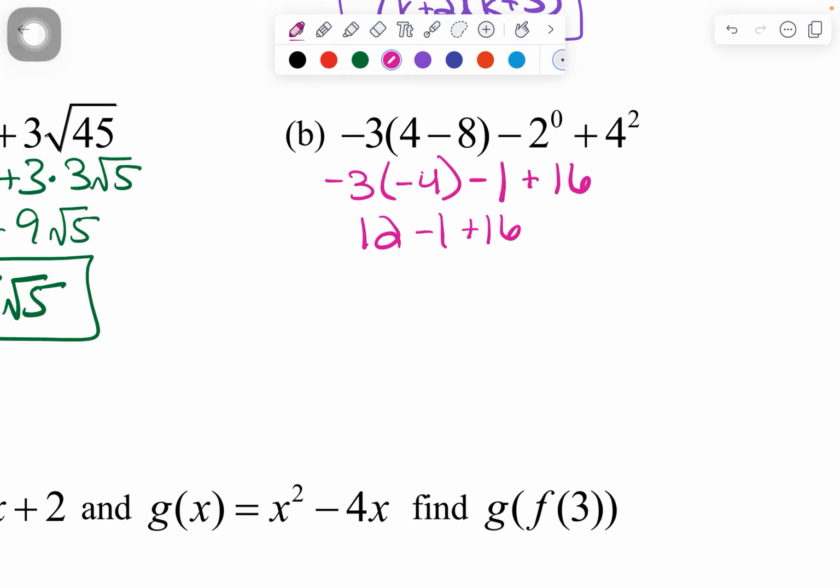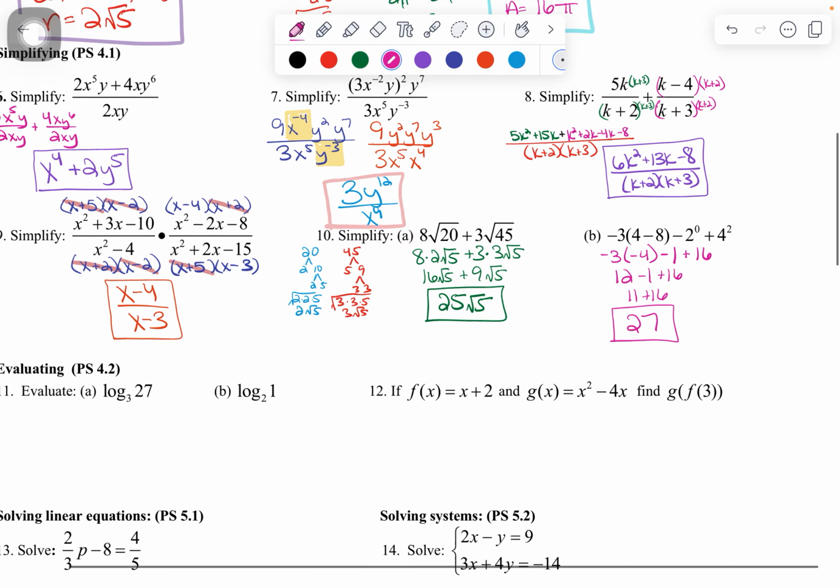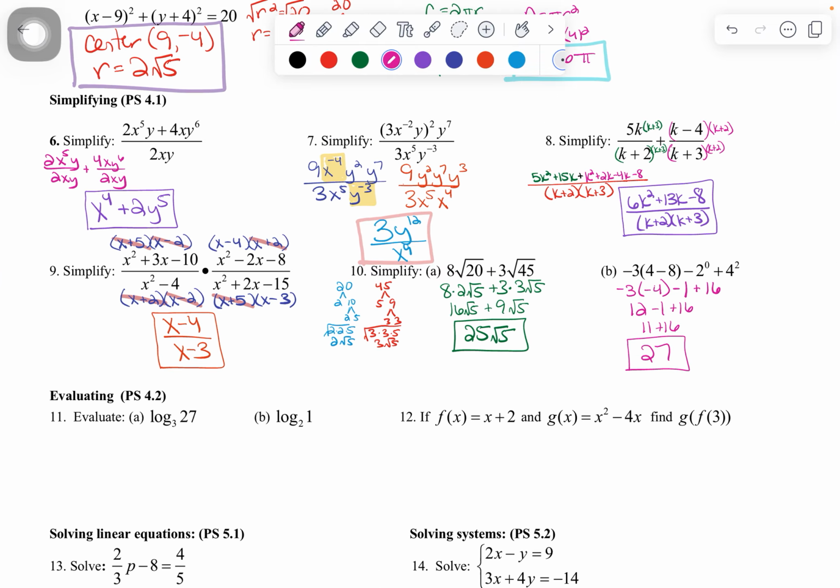Let's see what we got here. 12 minus 1 is 11. 11 plus 16 is 27. 27 it is. All right, so that's the end of the bits, parts, and pieces there for indicator